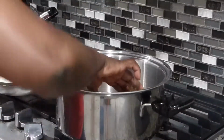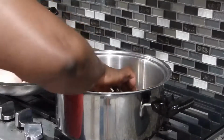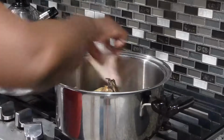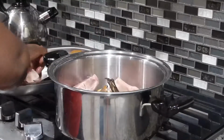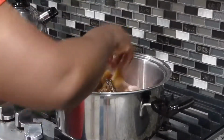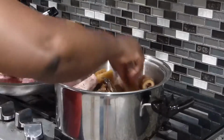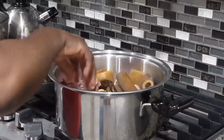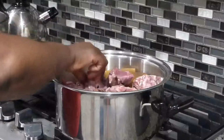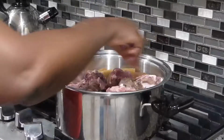I'm going to start cooking my stockfish here. I'll put the stockfish inside so it gets cooked faster. And I introduce the beef feet. Next, my pomo. Goat meat. My next will be the beef tripe,